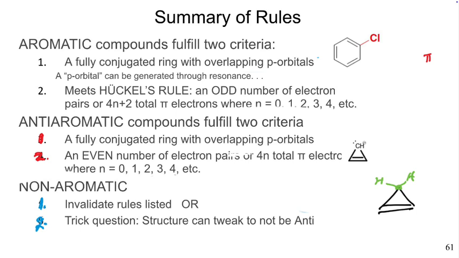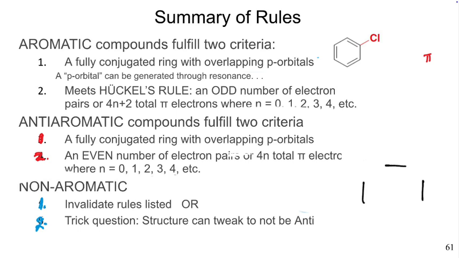The last category, which you will not see, and very arguably you won't see most of this, you might see a question, which of these is aromatic, but that's it. You could see something like a trick question where the structure, as I just described with the anti-aromatic, bends itself into a weird shape to prevent one of the previous rules from existing. The one case for that I know of for certain,